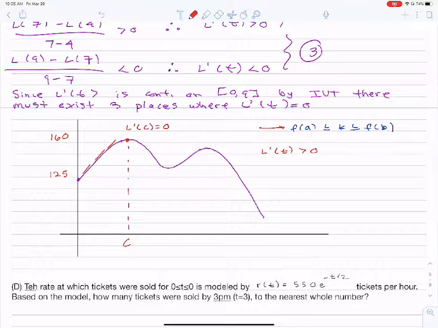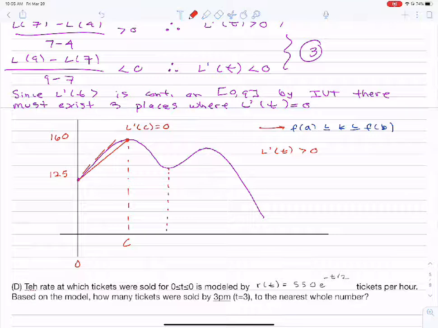How do I know that L prime of t is positive? Well, since the secant line from here to here is positive, then by the mean value theorem, I can guarantee that there have to be some values of L prime that are positive. So I'm using the mean value theorem just to be able to state that L prime is positive on the interval from 0 to c. Okay, then